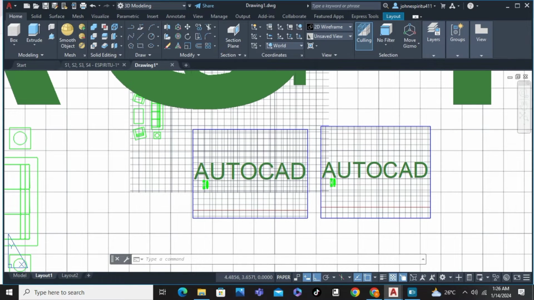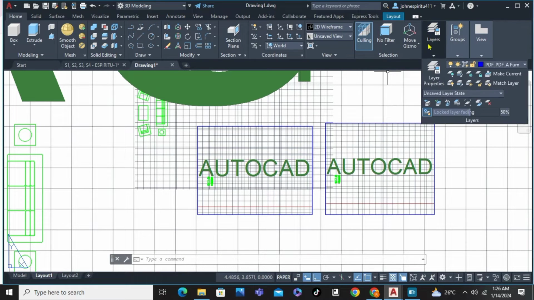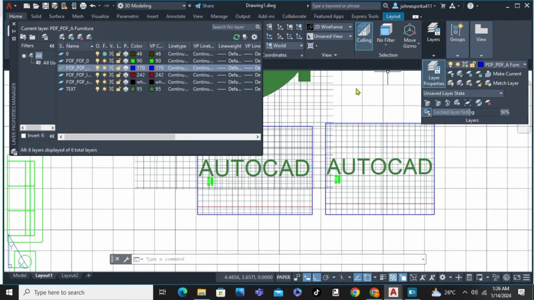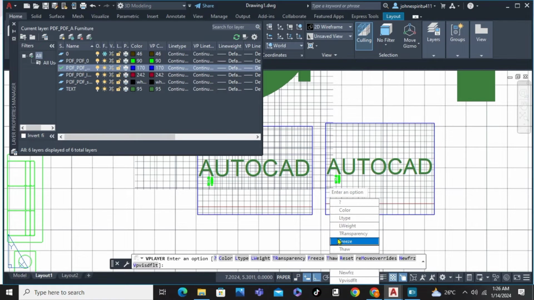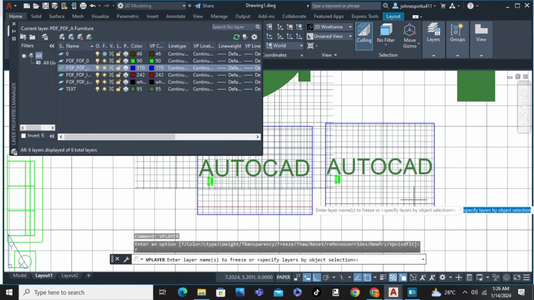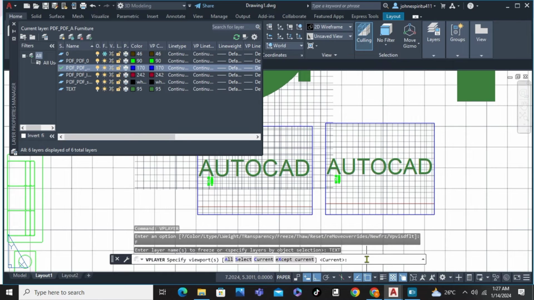For us to hide a layer in Viewport, as you can see, we have a text layer here. You can just simply click on the viewport, and from there, you can type the command VPLAYER, enter, and click on the word Freeze. From the Freeze option, we're just going to type the name of the layer, which is the text in AutoCAD. Type here the word Text,